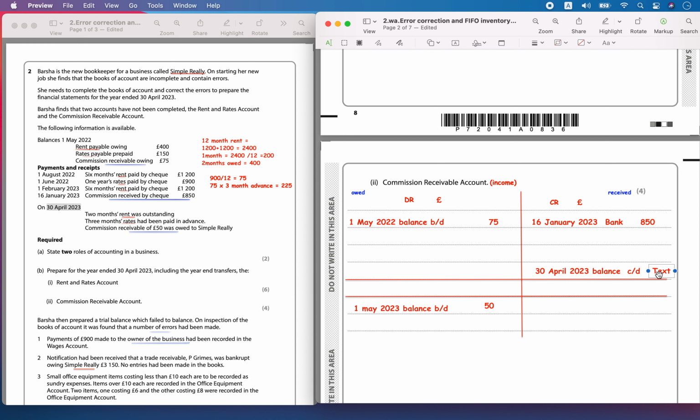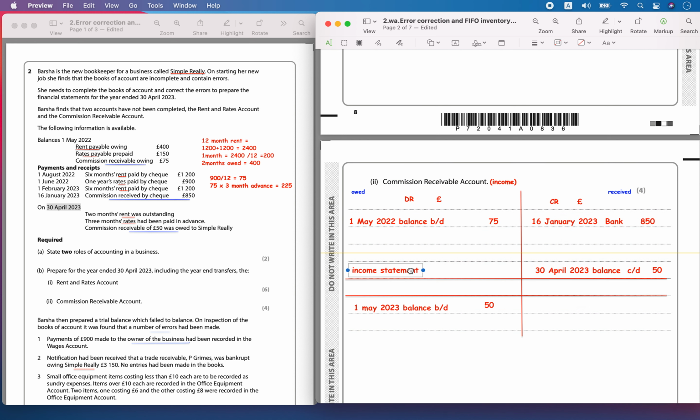So this will be 50. So to the income statement, we have to calculate what I'll be transferring. This value is going to be equal to 900, so 900 on both sides, and 900 minus 75, which is 825, will be the balance. That's going to be transferred to the income statement. Next,